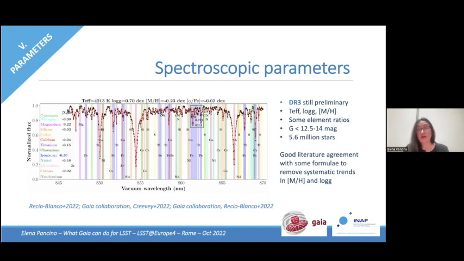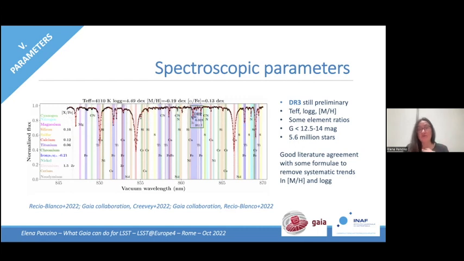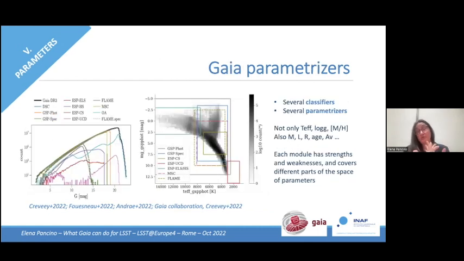But we do not only rely on the high resolution spectrograph, we can also derive parameters from the low resolution spectra, and also from parallaxes and all of the information that Gaia provides. And you can see here, this is the work in Gisella's scheme of CU8, which is the CU that classifies and parameterizes objects. There are many different data processing modules focusing on different regions of the parameter space, on different types of objects. And here you see a dictionary of where each module operates best.